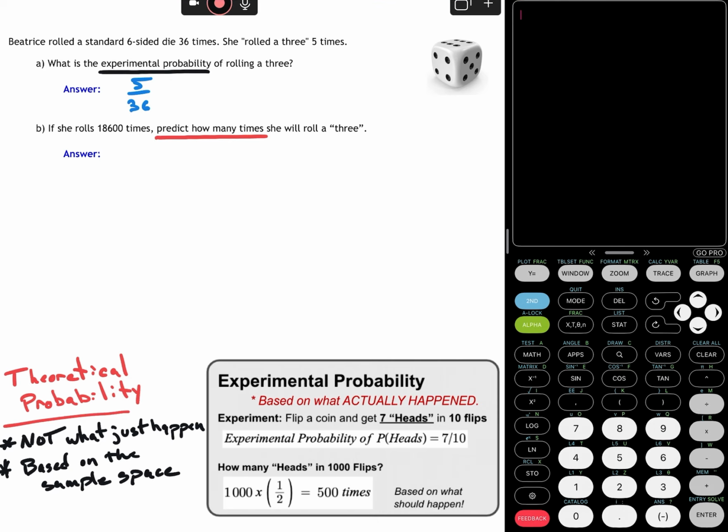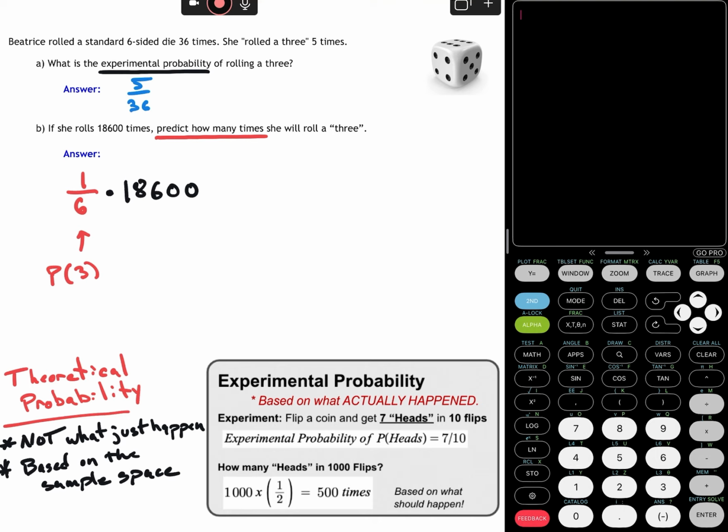Theoretically, what should happen is that you should roll a 3 1 out of 6 times, right? That is the probability of rolling a 3, right? So that's 1 out of 6. That's based upon our sample space, equally likely sides of a 6-sided die. And then what you do is you multiply that by your